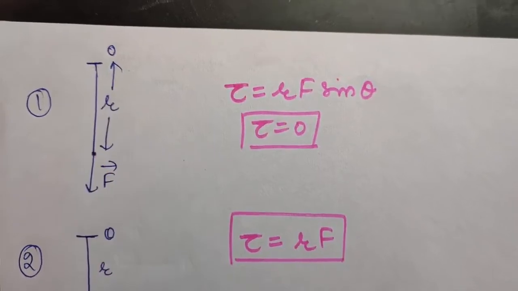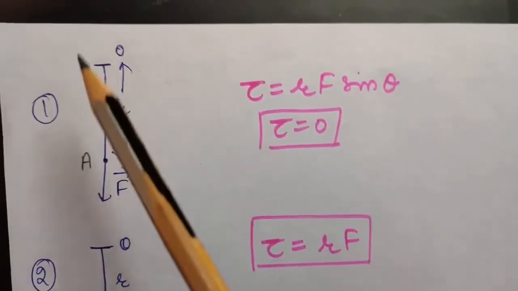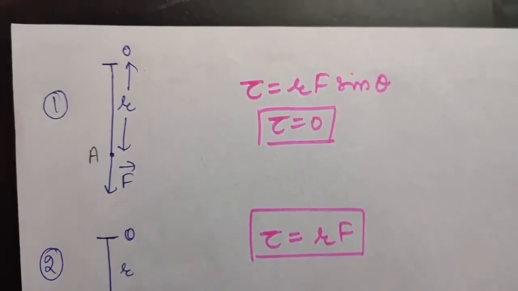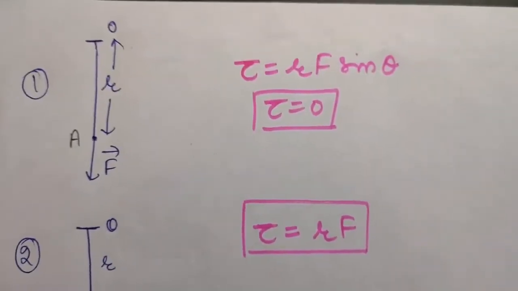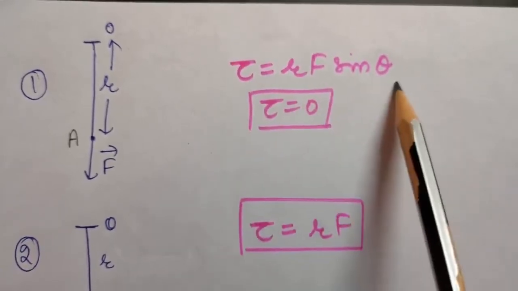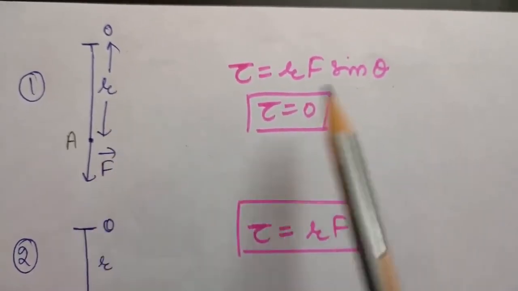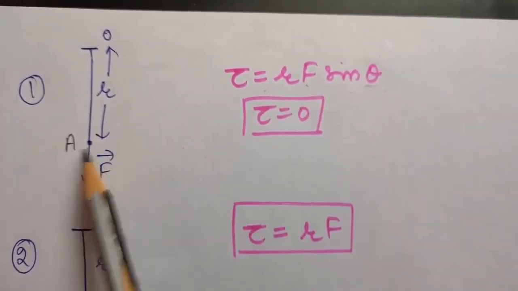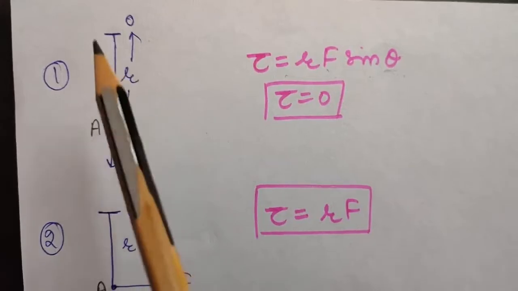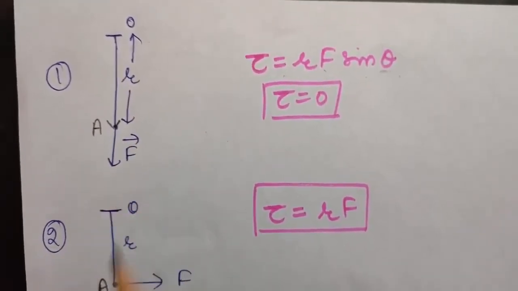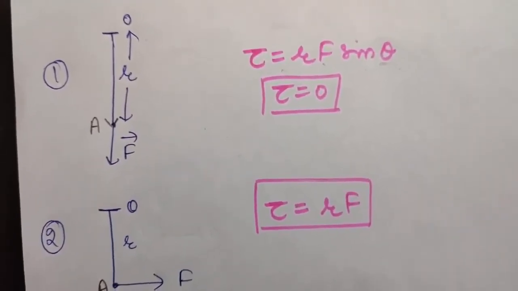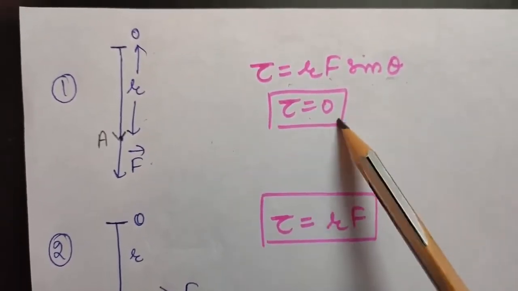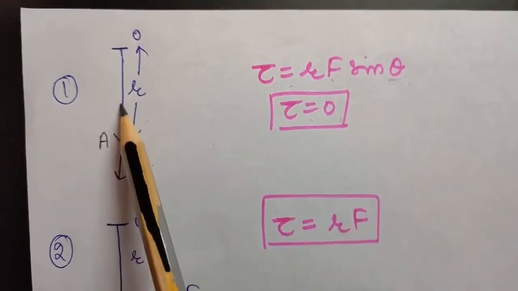Suppose OA is some rod, okay, and a force F is applied in this direction. Okay, so now if you calculate torque, that is, rf sine theta, theta is the angle between radius vector and your force. So if you clearly see here, this is your radius vector and this is your F. So the angle between R and F, as you can see, is 0 degrees. So therefore in this case torque will come to be 0, that is there will be no rotation in this